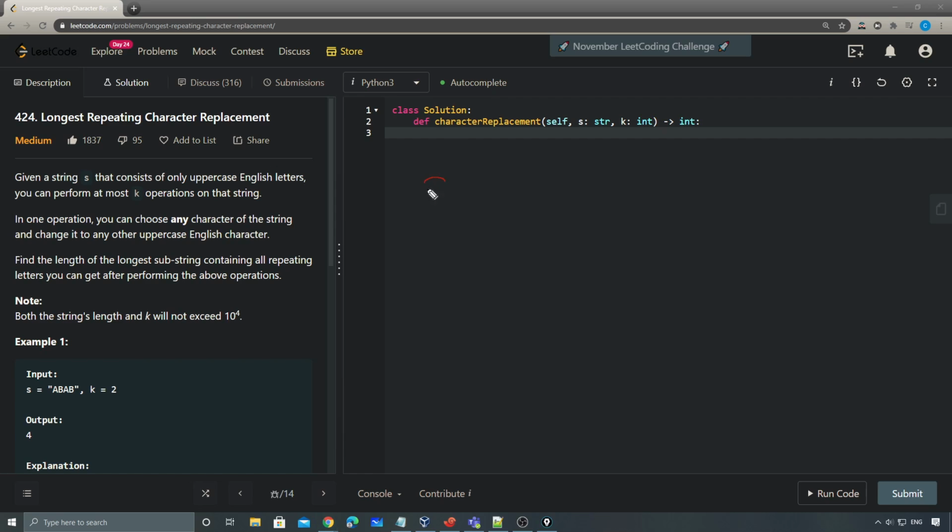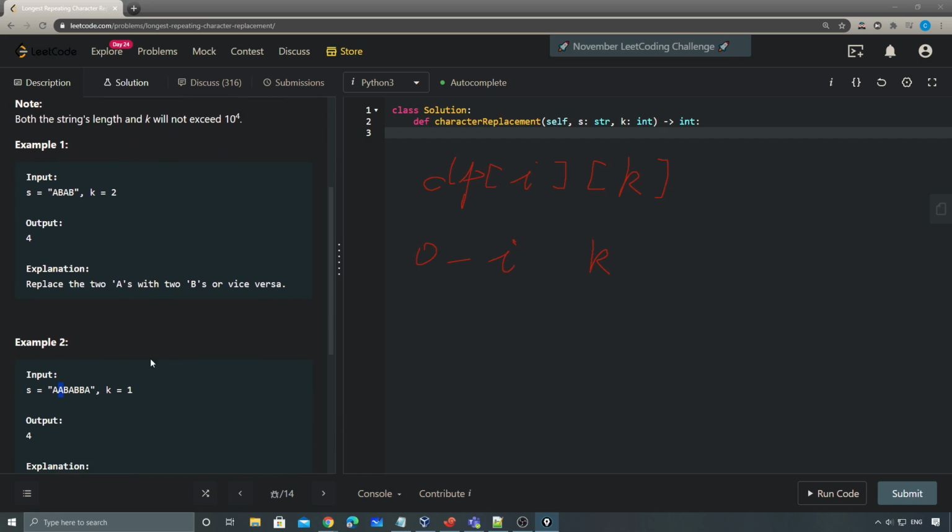Basically, I was trying to use DP with I and K here. I was thinking, can I use a 2D DP here? Basically, I means from 0 to I, with K operations, the longest repeating character string. I spent some time trying to implement this, but then I realized that